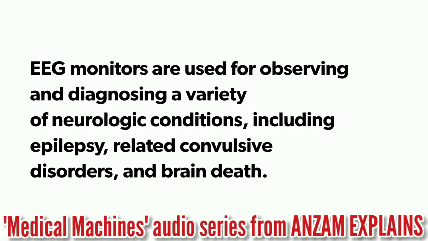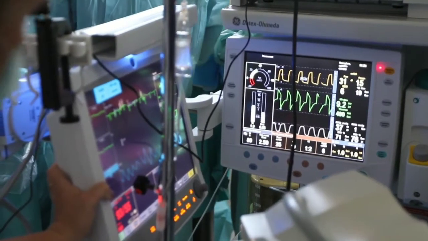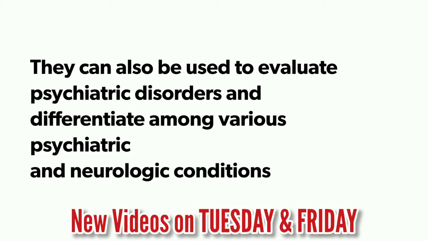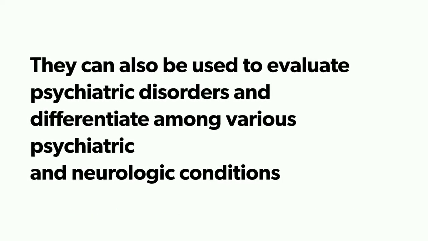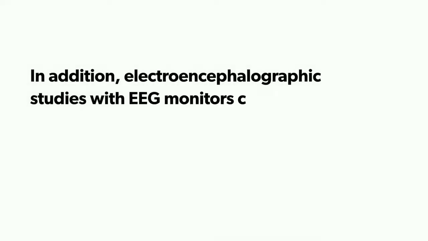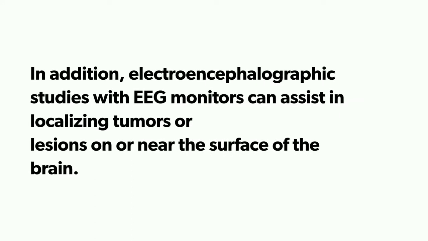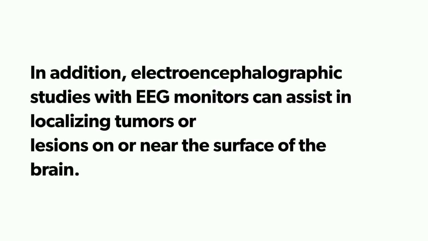EEG monitors are used for observing and diagnosing a variety of neurological conditions. They include epilepsy, related convulsive disorders, and even brain death. They can also be used to evaluate psychiatric disorders and differentiate among various psychiatric and neurologic conditions. In addition to that, electroencephalographic studies with EEG monitors can assist in localizing tumors in the brain or the lesions